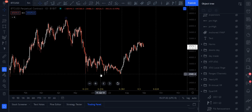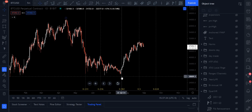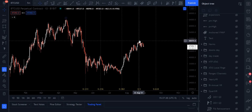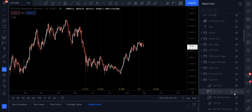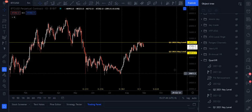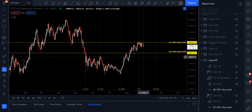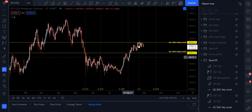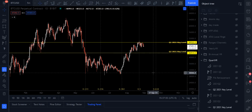So I called it the 50% in some cases. The 382 catching our move off the lows, and then the 50% here catching the exact top of our current rally. That top was off of these two levels that we were working off of. You recall I said 42,914 gets claimed. Very nice back test of the level after pushing through it. Final sell-off, moving into the Q1 key level at